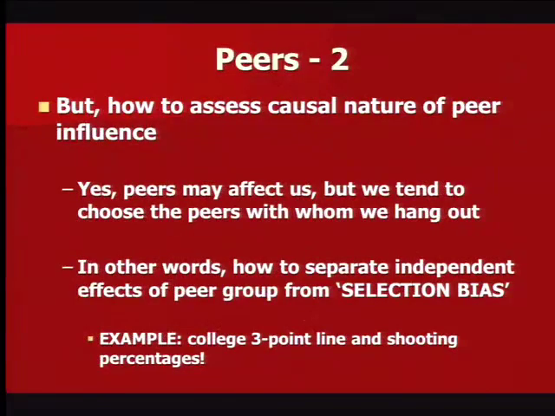So, this is what we just talked about. The fancy term is selection bias. Oh yeah, sure, your peers influence you. Or maybe you really had a lot of influence on whom you selected as your peers, so their influence on you is related to whom you selected. So selection bias is a fancy term that means, is this outside influence really an influence, or have we selected, and therefore we've shaped that influence?